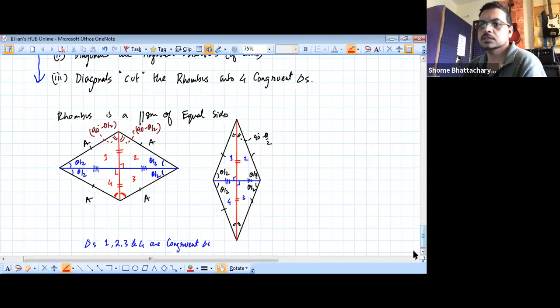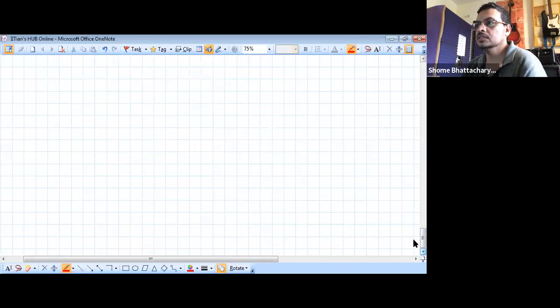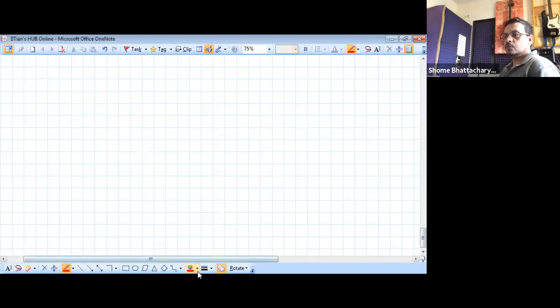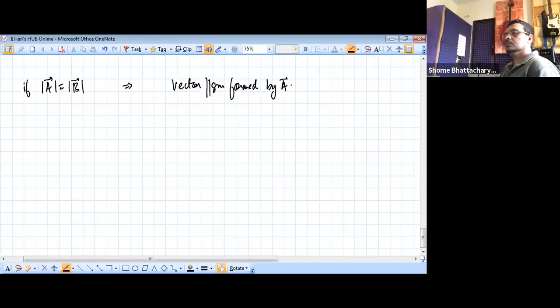Okay, so completed this. So let us see the implication of this on vector algebra. In terms of vector algebra, let's understand what each of these properties mean. If magnitude of A is equal to magnitude of B, that means that the vector parallelogram formed by A and B is a rhombus. So the moment that happens, it will imply that